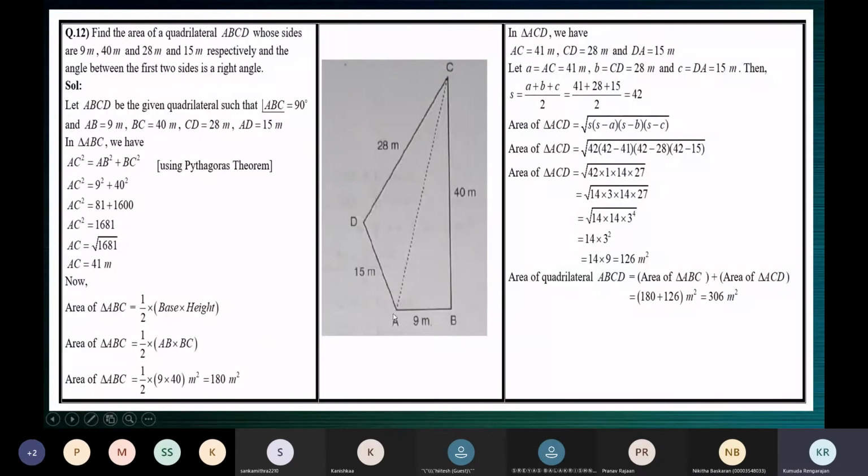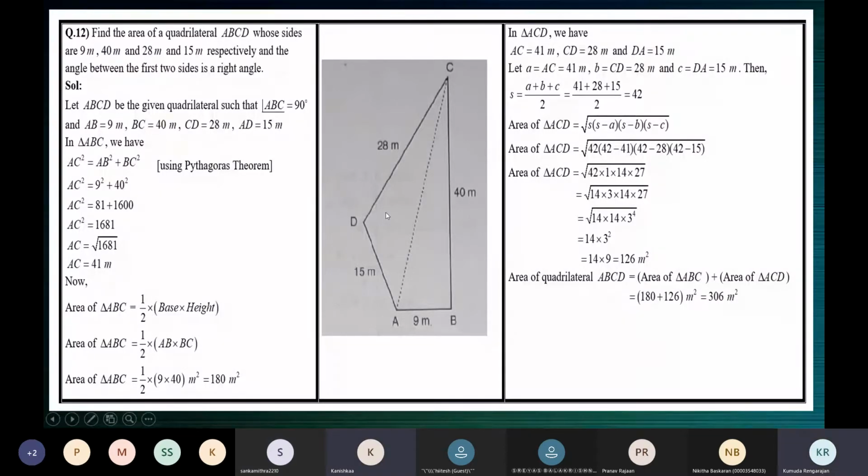And children, now don't think, why don't we take up triangle ADC? Apply Pythagoras theorem here and find AC. Why should we take up this triangle? Answer this question. Why should you use Pythagoras theorem in ABC? Why not in this triangle? Because ABC is a right angle triangle, ma'am. The other one, ADC? It's not a right triangle.